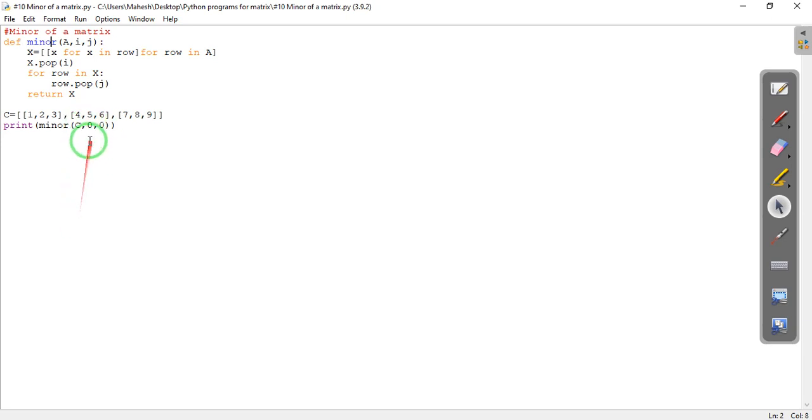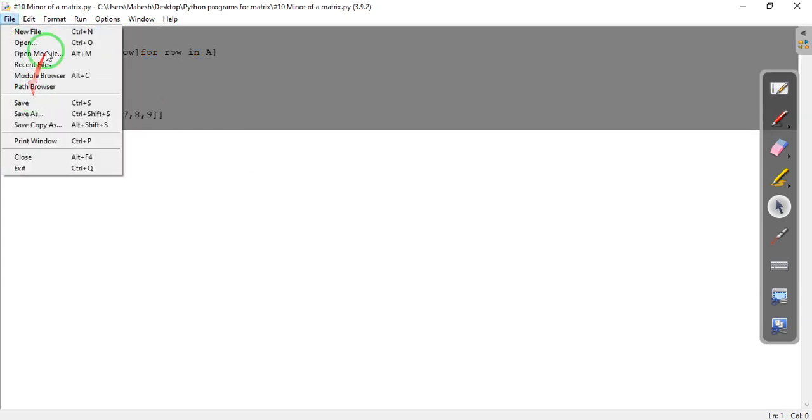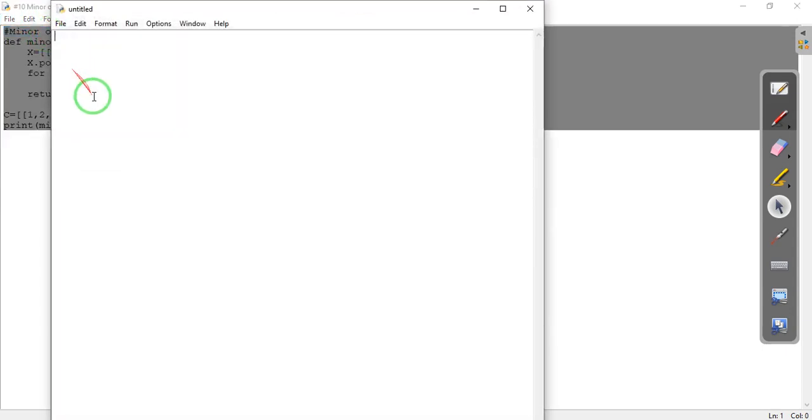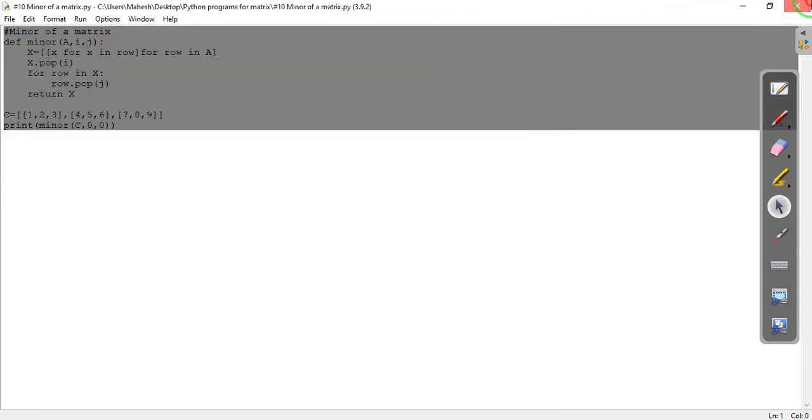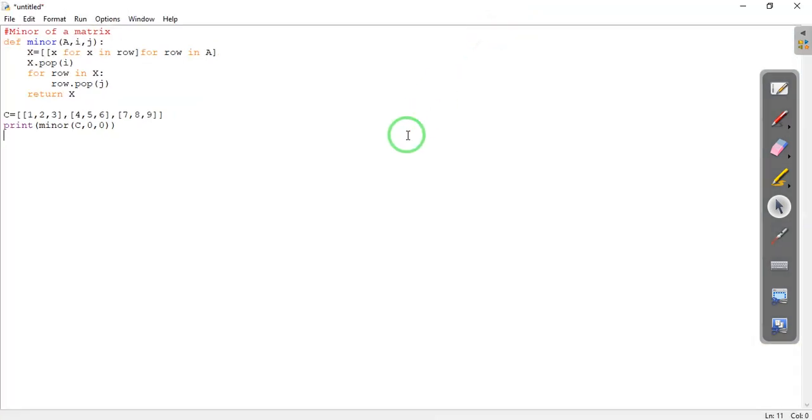It will remove the first row and first column, and give the remaining entries. Let me execute this. I opened this, so let me just copy this, otherwise my program will go. Let me make a new file, paste. Okay, let us execute this.